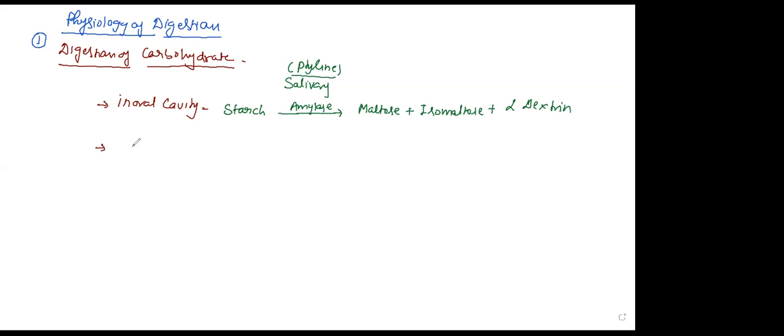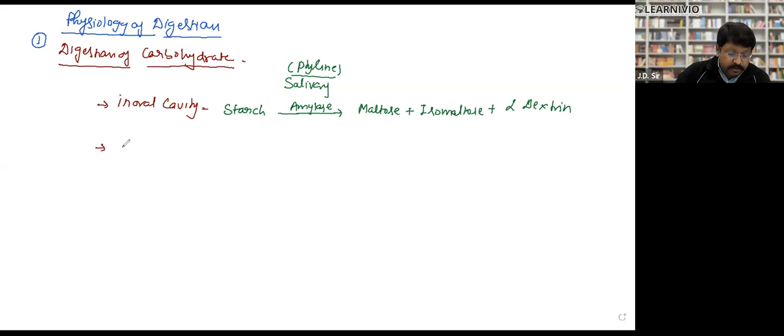Now the digestion takes place in the stomach. In the stomach hardly any digestion takes place; hardly any enzyme digests starch or any other carbohydrate in our stomach. The main digestion of carbohydrate takes place in the small intestine. So what happens to the carbohydrate in the small intestine? Here the starch again